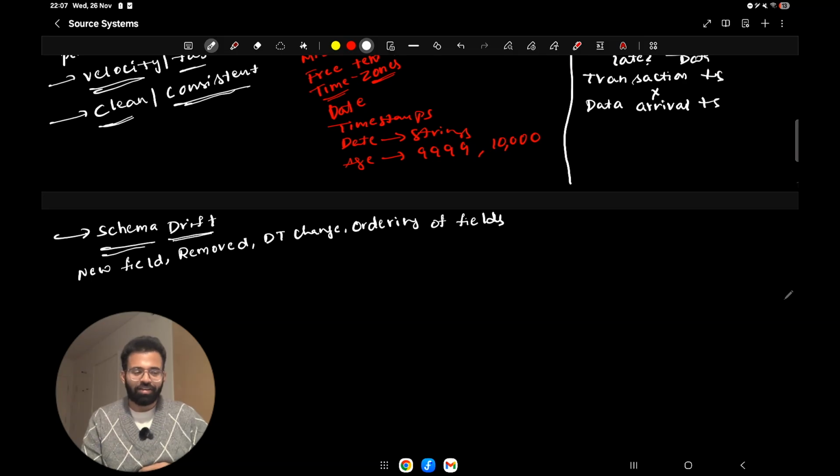Then you look at the logs and find out that the schema has changed, or some fields are removed, or the data type of the fields has been changed.